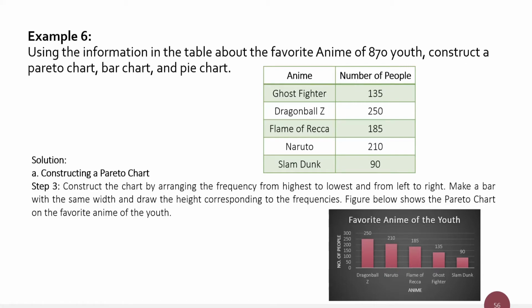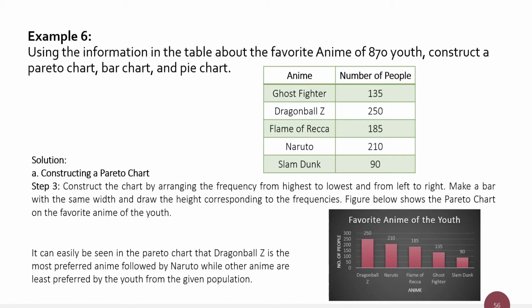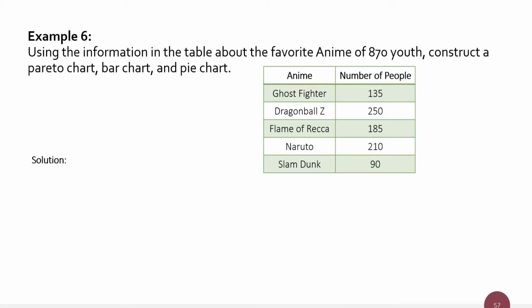Okay? So, in that case, it can easily be seen in the Pareto chart that Dragon Ball Z, ito yun, is the most preferred anime, followed by Naruto, while other anime are the least preferred by the youth from the given population. Okay? So, next,